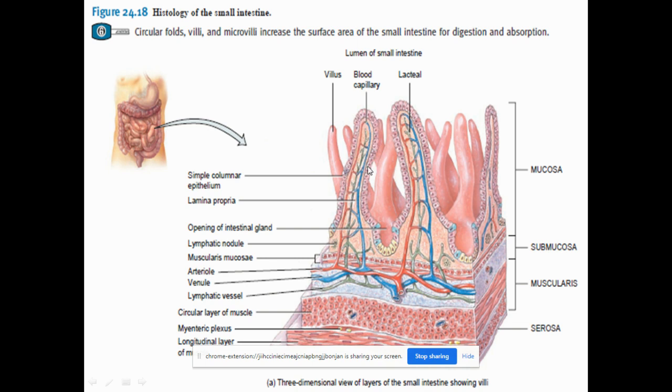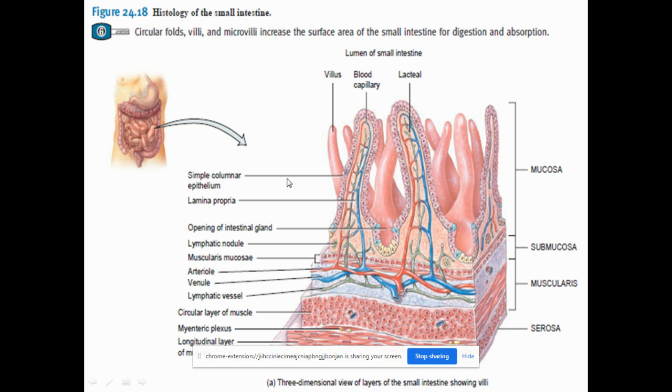It is lining the entire inner length of the mucosa, which is protruding into the lumen. So the exposed side of the mucosa contains the epithelial cells. There are different kinds of cells present in this. In the next slide you can see what are the different types of cells. The important ones are absorptive cells, okay, and goblet secreting cells, Paneth cells, and enteroendocrine cells. We will see what are the secretions of all the cells. So the first lining is the mucosa.